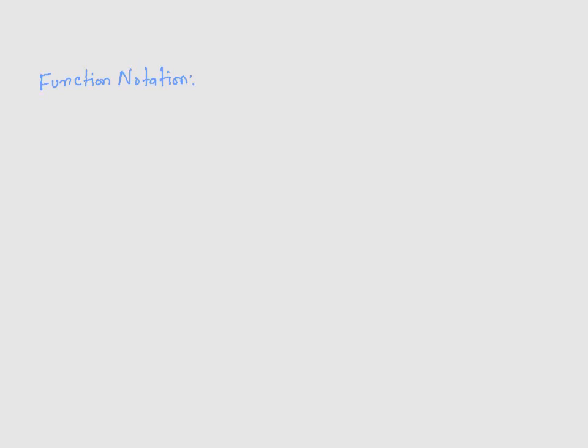In this video, I am going to discuss function notation. As usual, whenever I get a chance, I try to remind my students about the definition of function. Here it is again. Consider two sets: A, B, and C, one set; D, E, and F, another set. A function is a mapping between two sets, where each item in the first set is mapped to only one item in the second. As you can see, I am mapping A to E, B to D, and C to